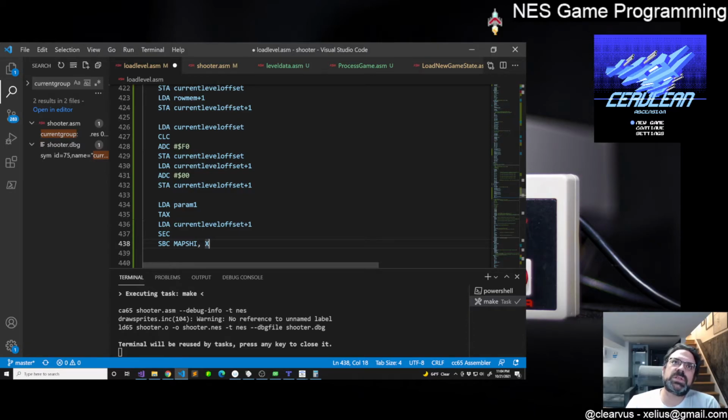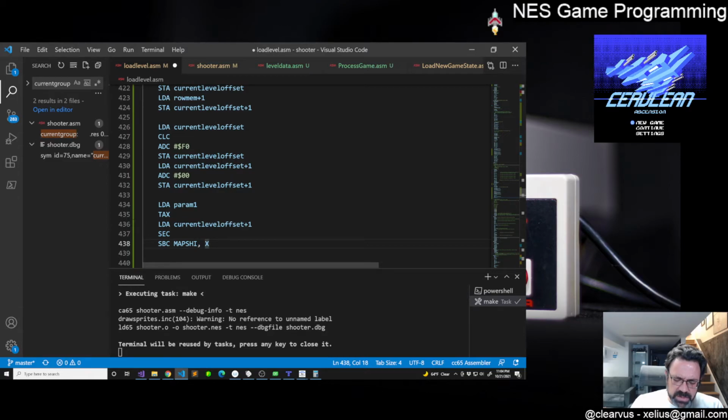What do we need to do? We know it was bigger than the address. So let's see, what does that mean? Do we have to subtract an additional 1? I don't remember what that actually entails. So like, let's say we have 256 and we're subtracting 257. So that would mean we're